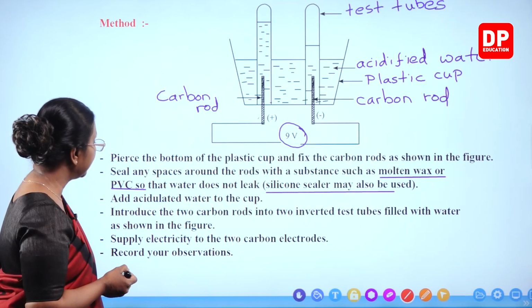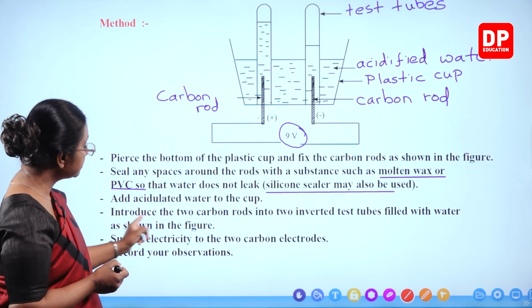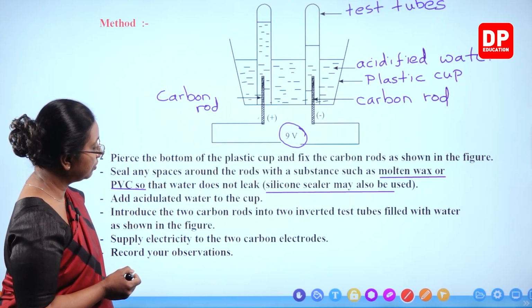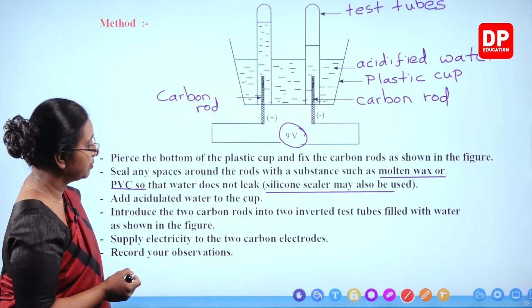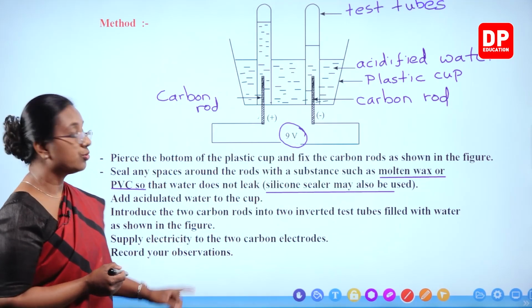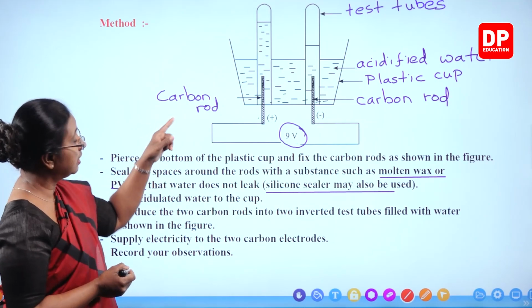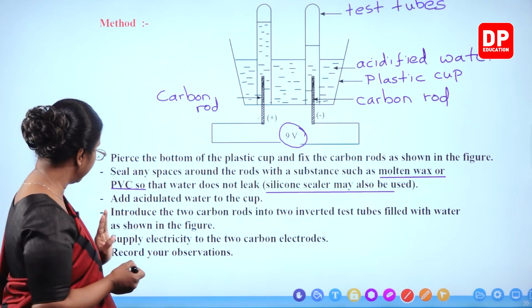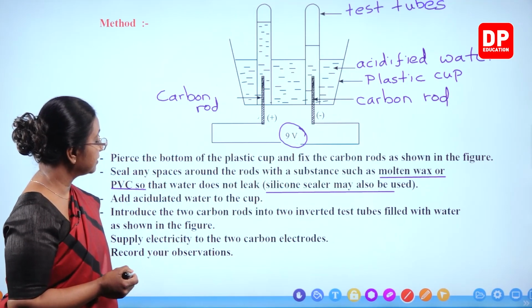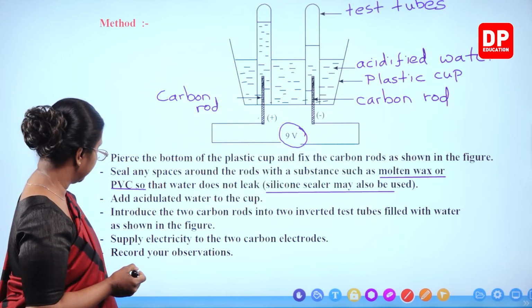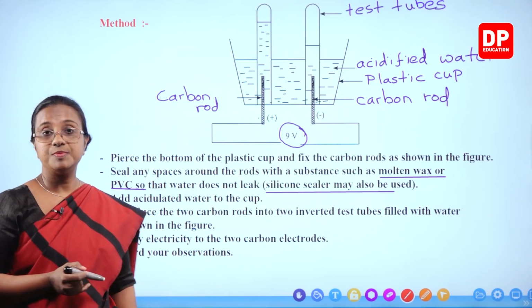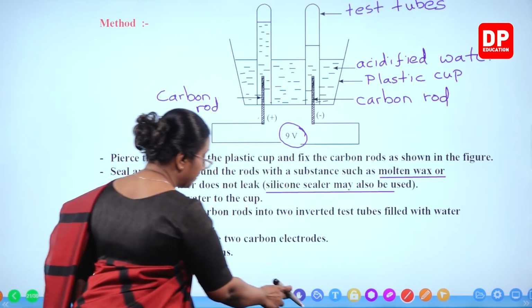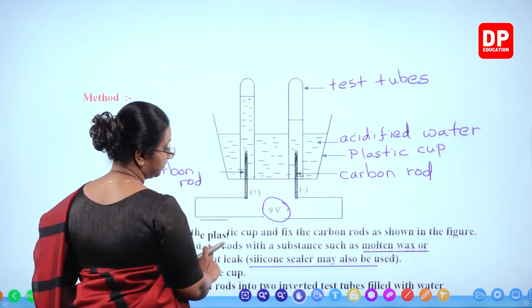Add acidulated water to the cup. Introduce the 2 carbon rods into 2 inverted test tubes filled with the water as shown in the figure. So they are the test tubes completely filled with water. Supply electricity to the 2 carbon electrodes. Record your observations. So you have to remember, students, initially